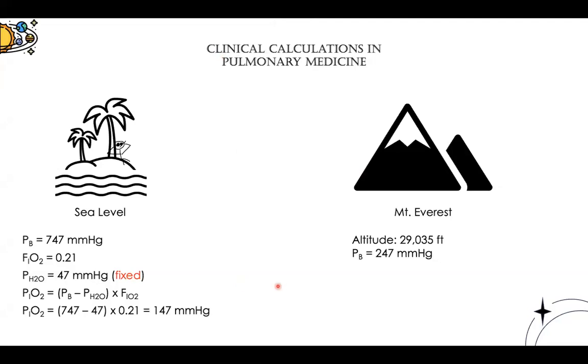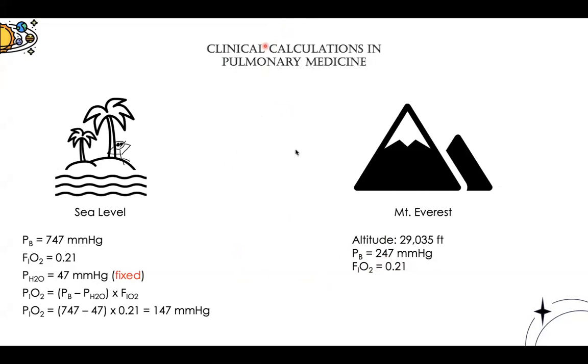Okay. I got 42. Does anybody have any other answers, or is 42 what we're going with? Okay. So, yeah, again, as I said, the fraction of oxygen will never change. As long as you're on Earth, as long as you're in the atmosphere, it's not going to change. If you go higher, fine, the barometric pressure drops. But the actual